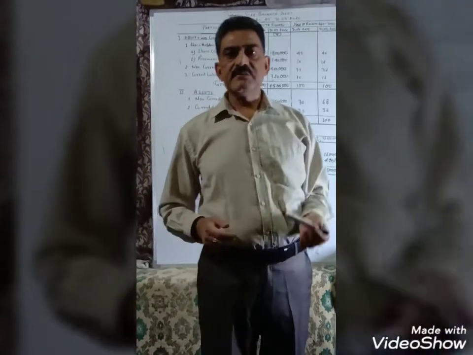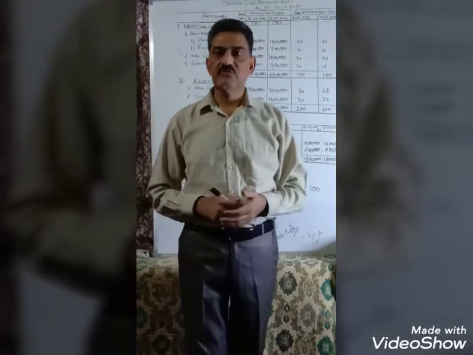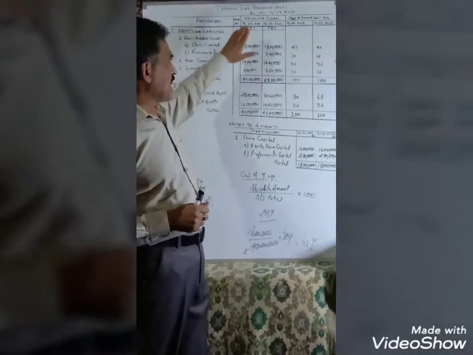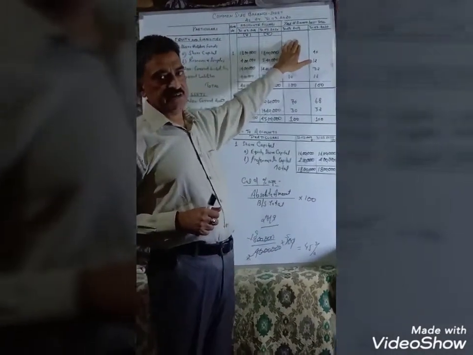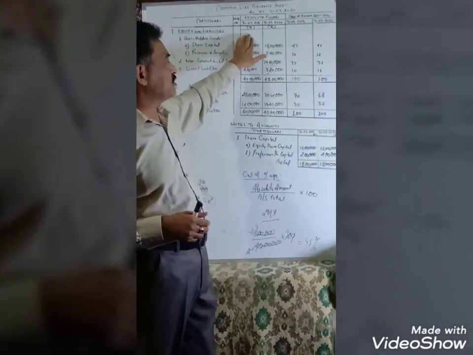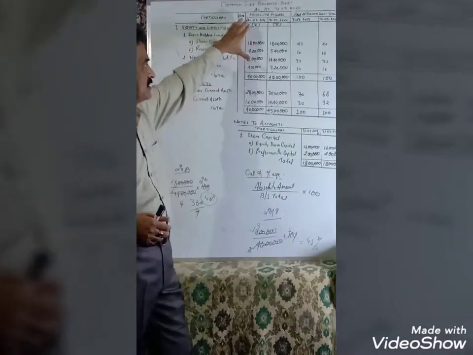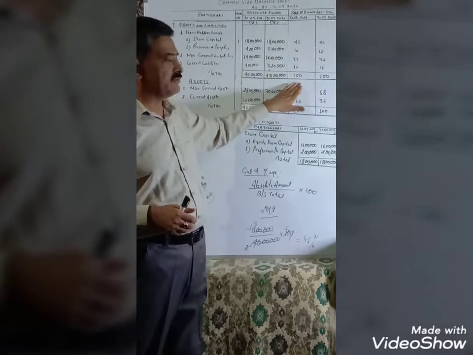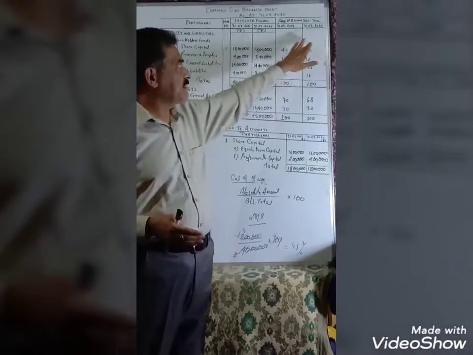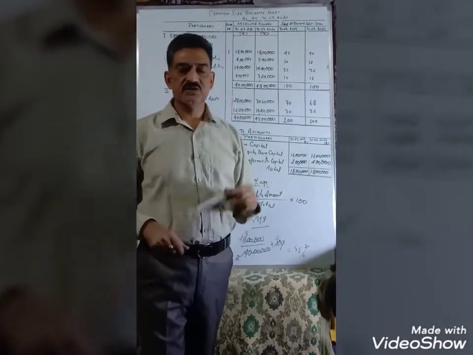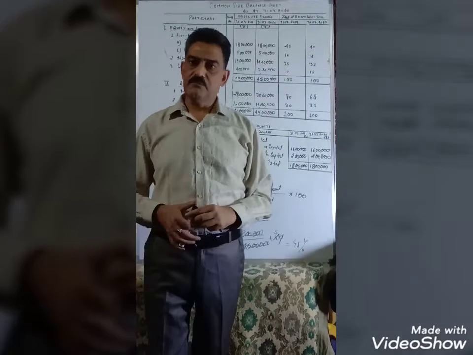Now this balance sheet is for 2 years, for the year 2019 and for the year 2020. Sometimes you may also be asked to prepare the balance sheet for one single year only. That is the common size balance sheet for one single year. In that case, you have to delete one column for the absolute figures as well as for the percentage. That means you have to prepare only one column for the absolute figures and one column for the percentage. In that case, that individual year's absolute figures will be converted into the percentage of the individual figures. You need not prepare the second column in case only one year's balance sheet is required to be prepared. This is all about common size balance sheet of the company.